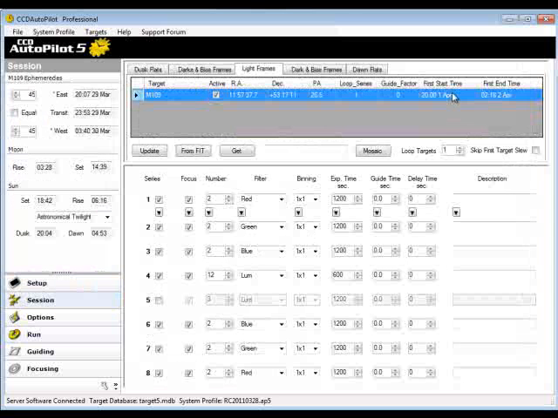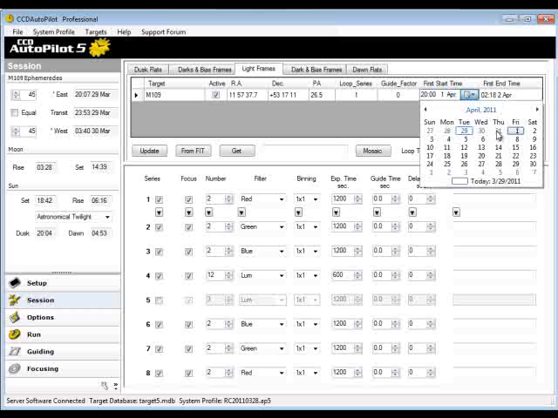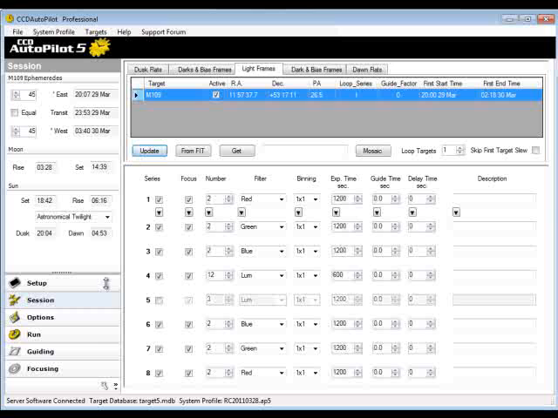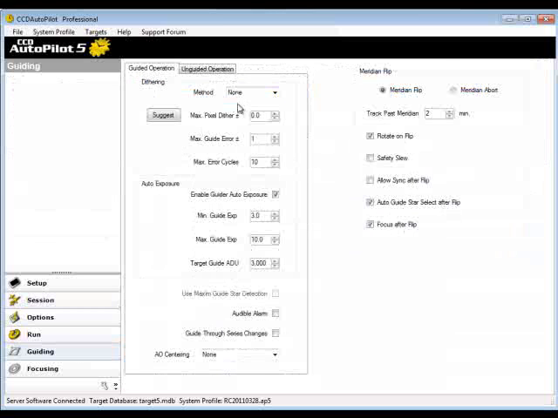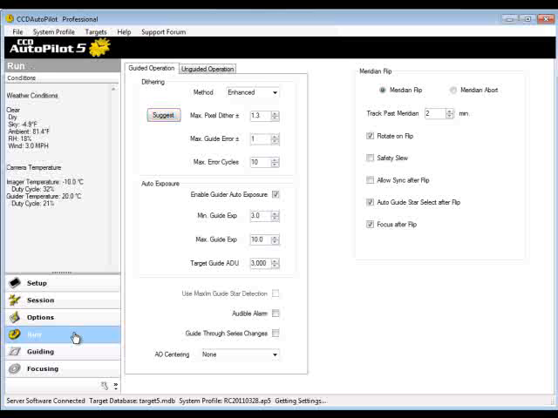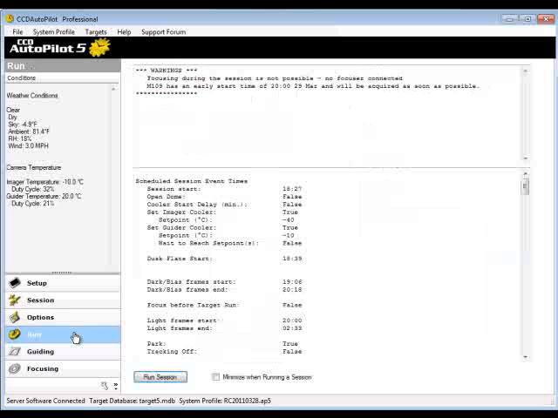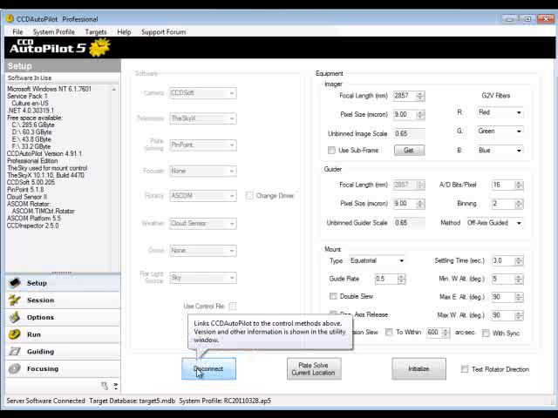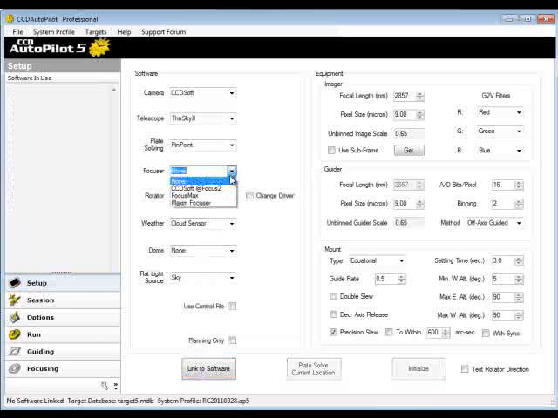So I'll start with the date, and I'll make that today's date. Save that. And I'll go to guiding, and I'll put my dithering on for enhanced and take the suggested amount by clicking on the suggest button. And I'll go check how I'm doing at this point. Go back to the Run tab and see, oh, I still haven't enabled focusing. So we'll go back to the setup, and sure enough, focuser is set to none. We'll now set it to focus max, and the